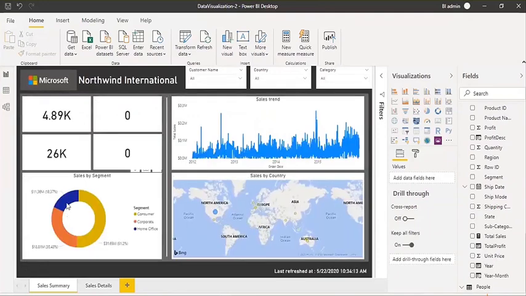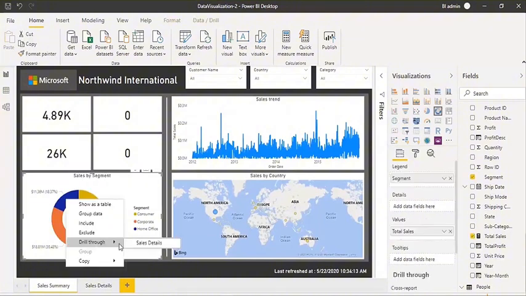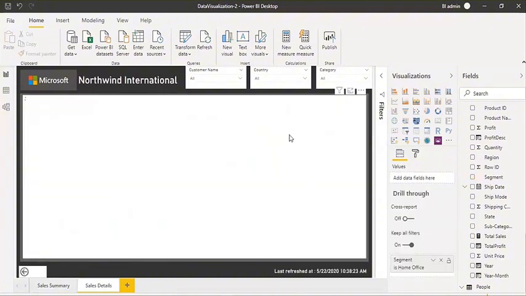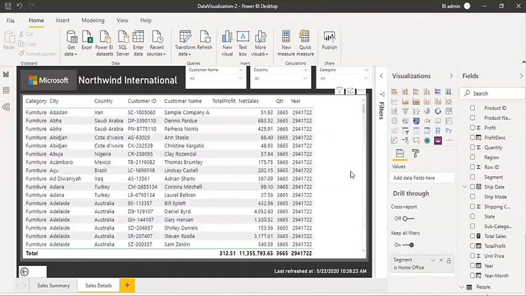Now you want to see the data for, let's say, home office. So right click on this, and here you will see the data for the home office only. So instead of selecting the filters manually on the other pages, you have the flexibility to just right click, and based on that value on which you did the right click, you can see the filtered data on your other pages. Basically you can navigate based on that. And this back button will be automatically added.